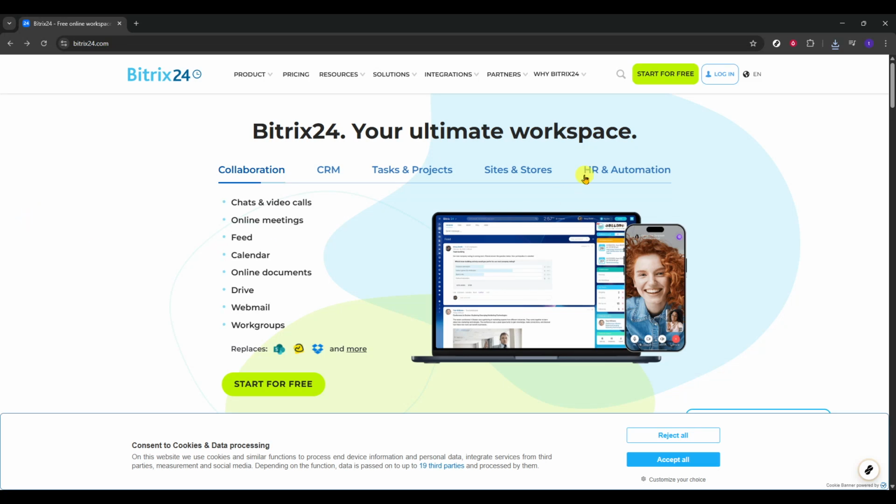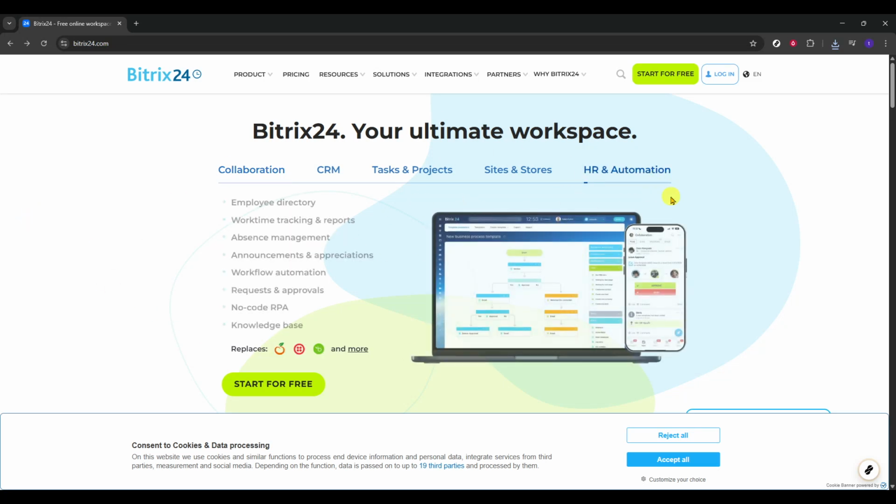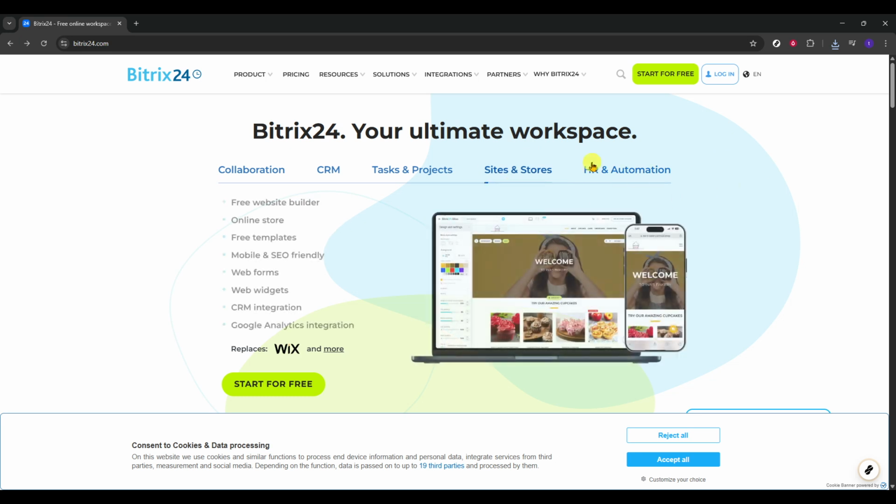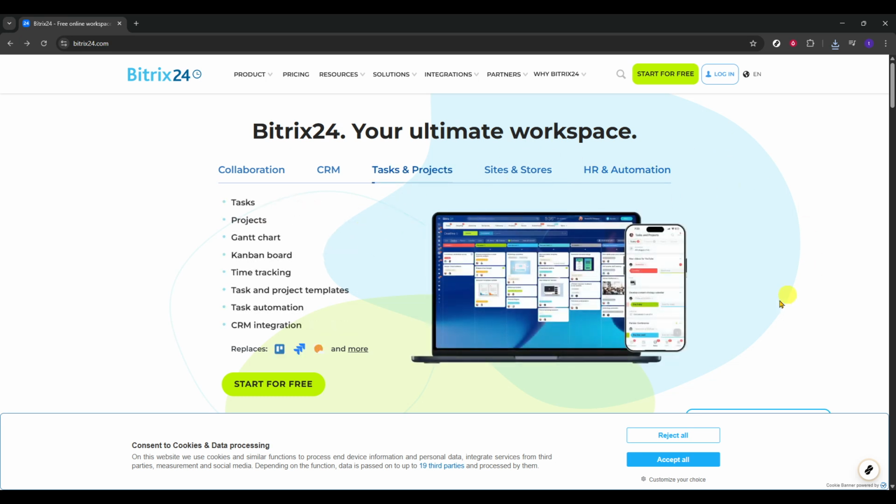Hello, today we will guide you through how to log in to Bitrix24. In the next few minutes, I'll walk you through a clear, simple process so you can access your workspace without